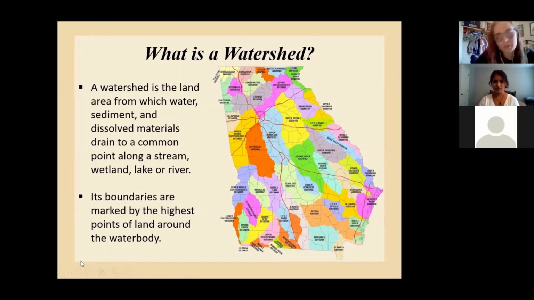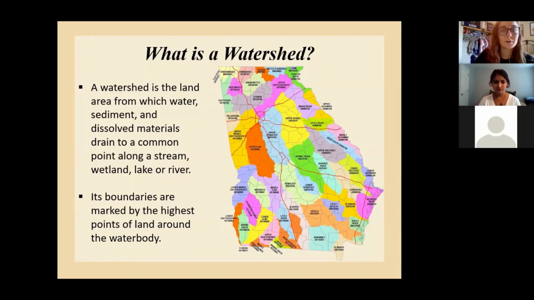As we can see here, the definition: a watershed is the land area. It's important to note it's the land area over which all the water and things are flowing, because of course water is a very important part of a watershed, but everything the water touches as it runs over the land becomes incorporated into those water bodies. It's important to remember that, especially in the non-point source realm, where we're thinking about litter in the streets, urban runoff, or agricultural runoff. Those are all things that we experience and can see our watersheds being affected by.